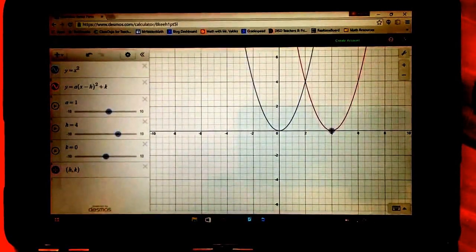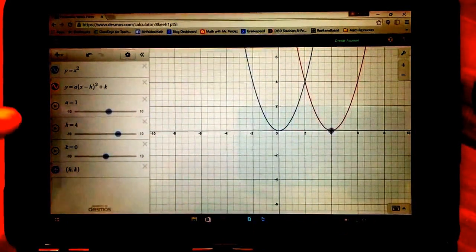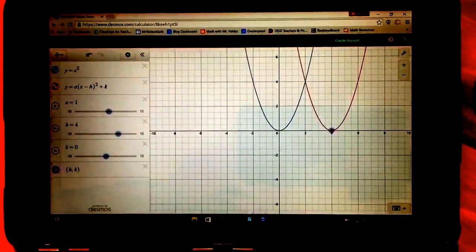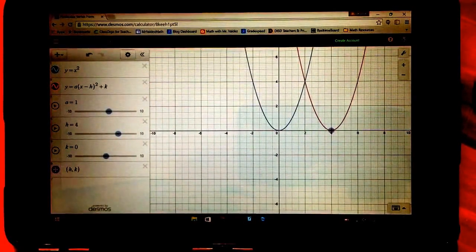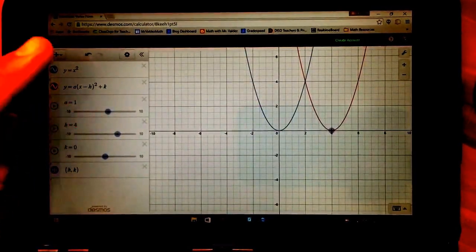All right, folks, we are going to take a look at quadratic functions, and specifically we're going to be taking a look today at a, h, and k. We're going to be finishing up our understanding of quadratic transformations. So first off, this is an online calculator